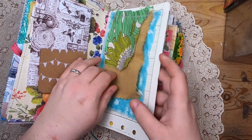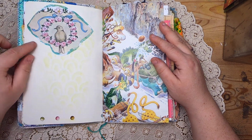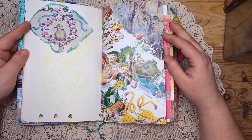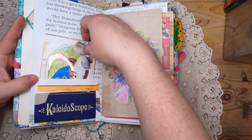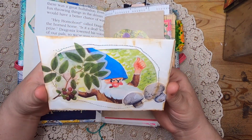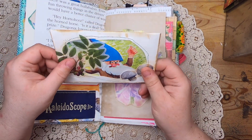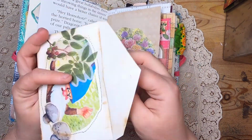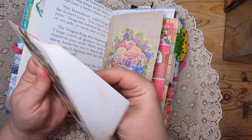Let's just lay that back down. And then we have this dove at the center of a collage and some stenciling, and then a really fun children's book page. And on this side, a pocket that says kaleidoscope. And inside we have this grumpy little gnome journal card inside this altered envelope with mushrooms and botanicals, and it has an acetate window. There's writing space here, and when you take the little gnome journal card out, you can